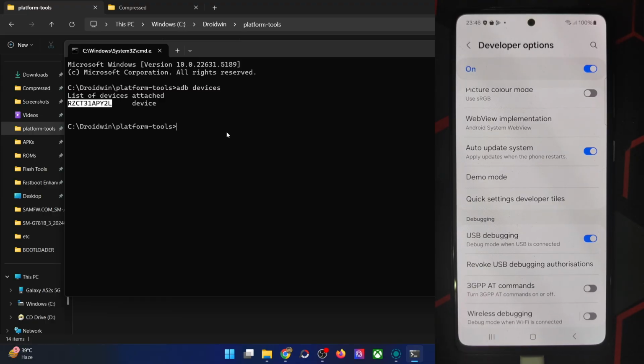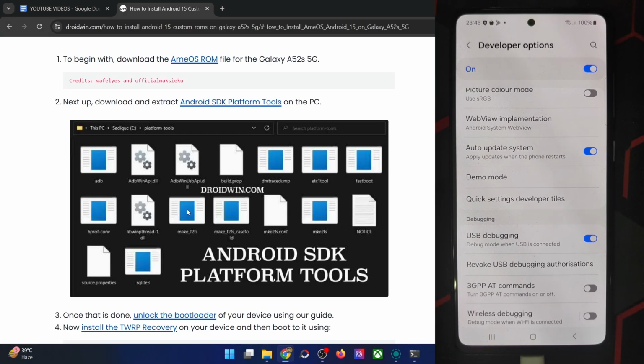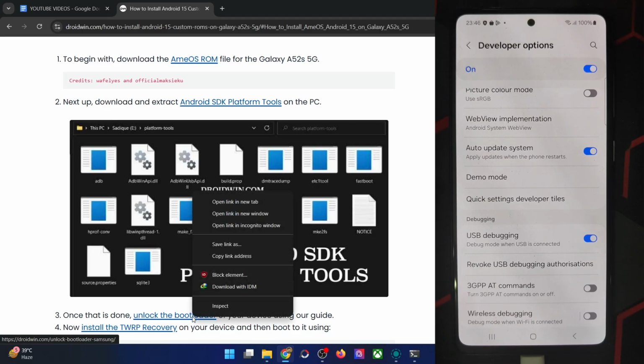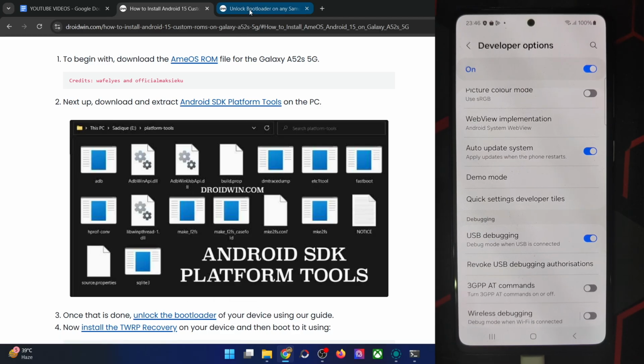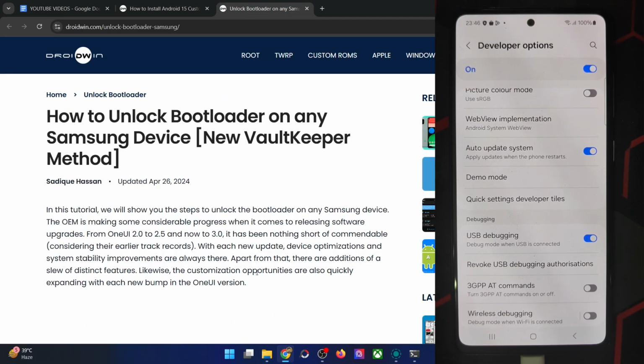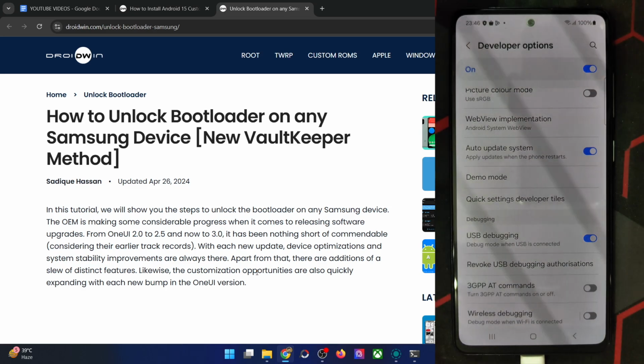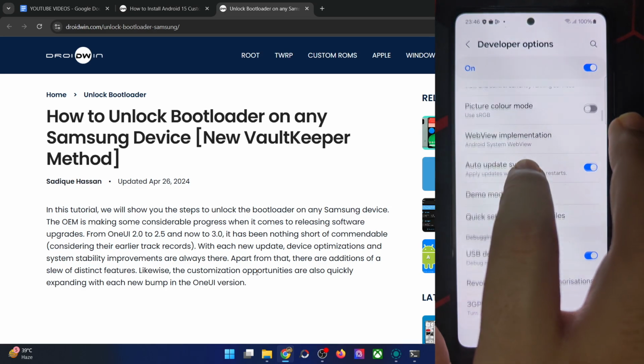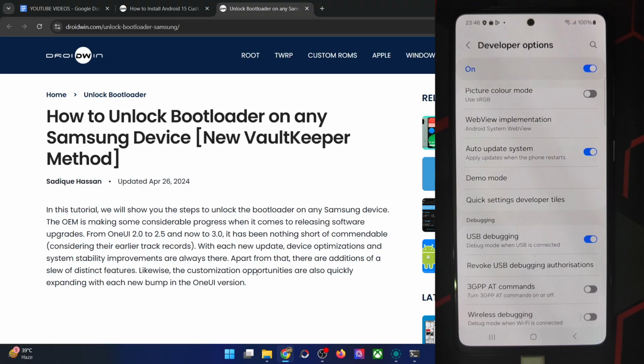Once you're getting this ID, your next course of action is to unlock the bootloader on your phone. Do note that unlocking will wipe off all the data and it will also trip the Knox. Once the Knox gets tripped, there is no going back. Even if you relock the bootloader, the Knox will stay tripped because it's a hardware component. So all the secure Samsung features will not work even if you relock the bootloader. So keep this point in mind.